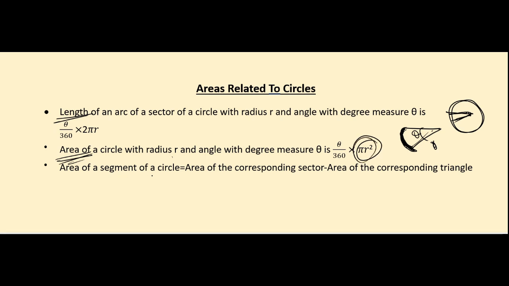Then the area of a segment of a circle is equal to nothing but the area of the corresponding sector minus the area of the corresponding triangle. Okay, I hope you understood these